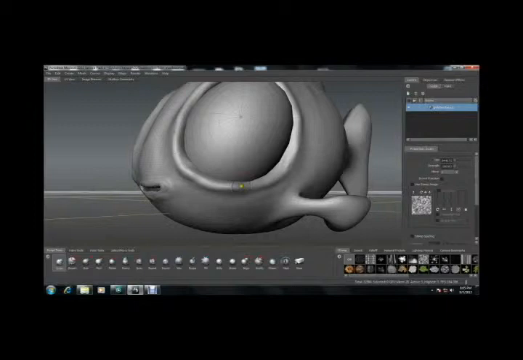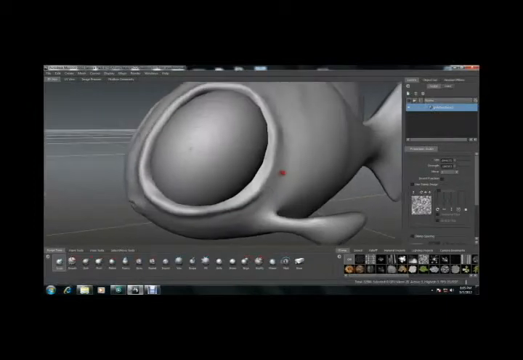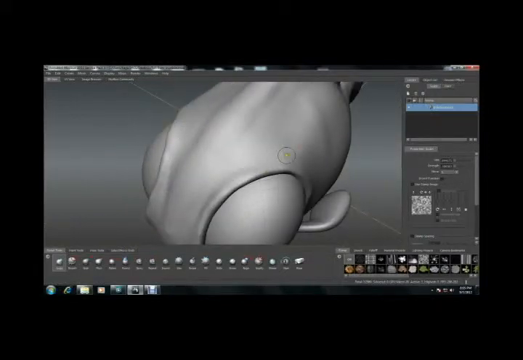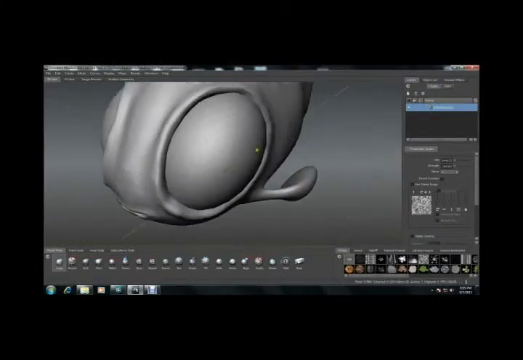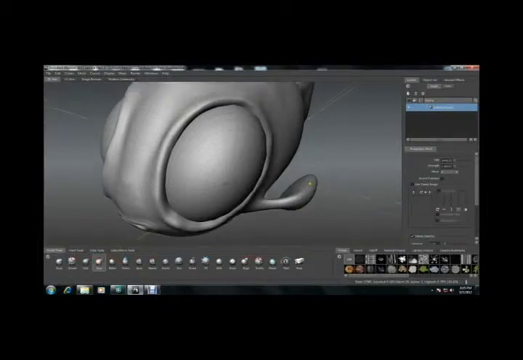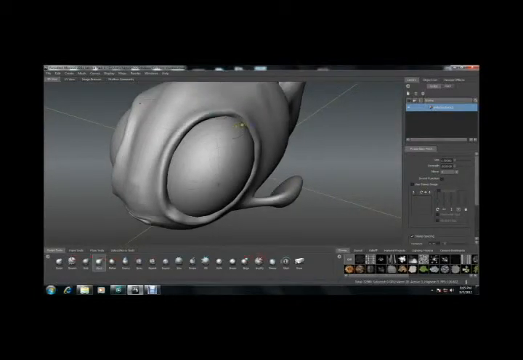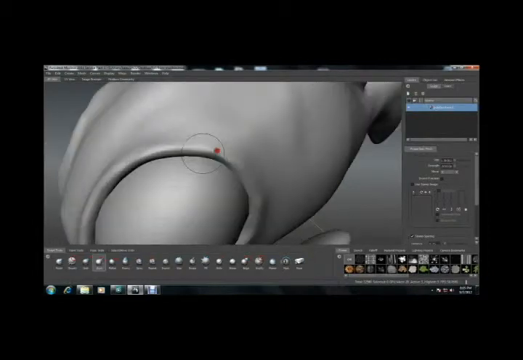You can work it in this way. Now what I want is, I need to make the corner a bit sharp. I can use the pinch tool. The pinch tool pulls the mesh vertices towards the center of the brush as you stroke it. For example, if I use a pinch tool, if I increase the brush size and if I keep its strength in an appropriate way, now I can